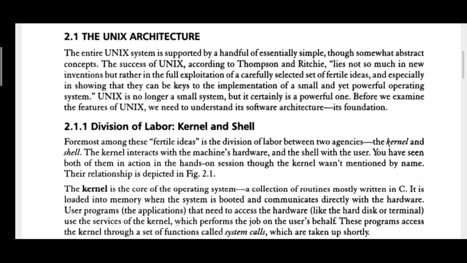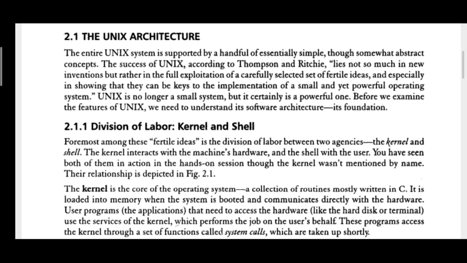The success of Unix, according to Thompson and Ritchie, lies not so much in new inventions, but rather in the full exploitation of a carefully selected set of fertile ideas, and especially in showing that they can be key to the implementation of a small and yet powerful operating system.